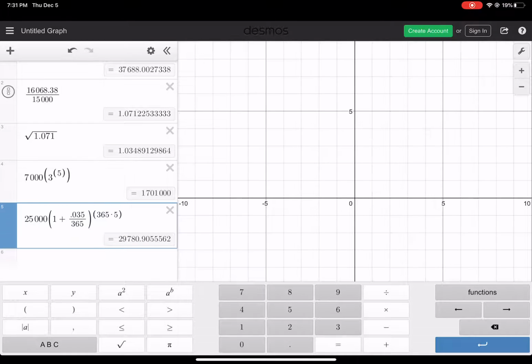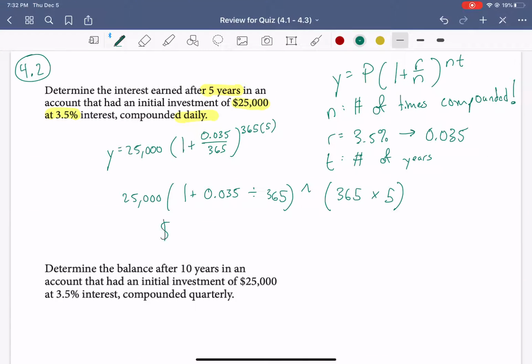All right, so it looks like it grew to 29,780. Sorry, lost where I was. $29,780.91. So our y is